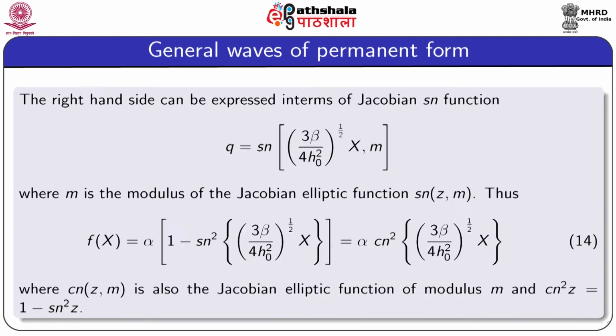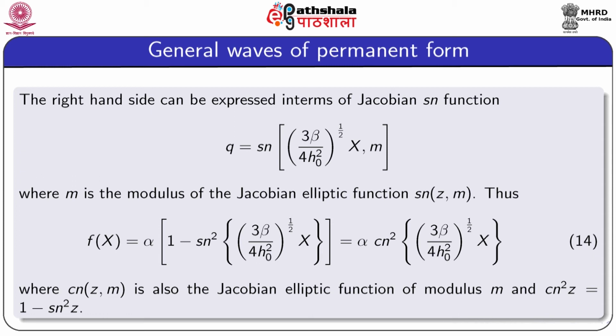If we substitute that, alpha into 1 minus q square, we obtain the value of f which is written in equation 14. So, the solution is now in terms of the cosine function, the elliptic cosine function,